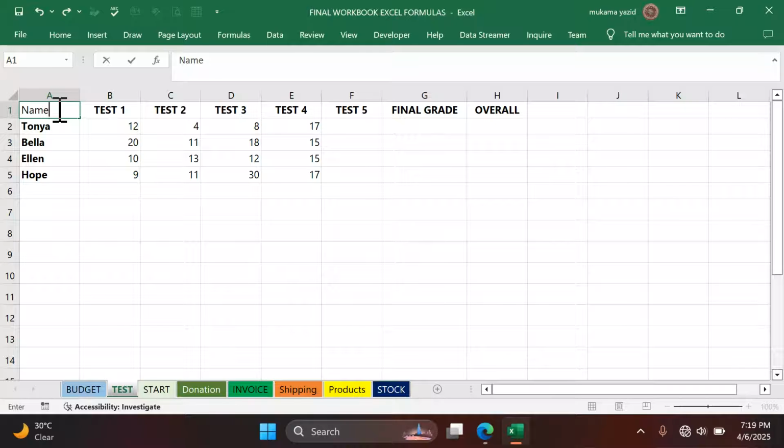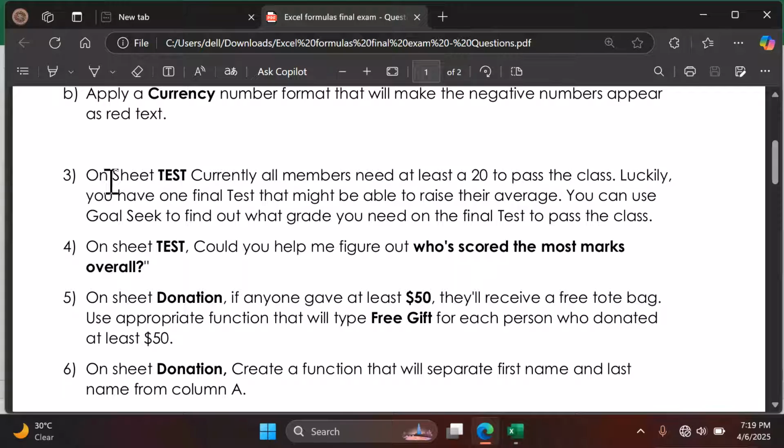Student name. So we have name. This is the first person up to Hope. So these are tests. They did test 1, test 2, up to test 5, test 4. So this question was like, if someone has to pass or to be promoted to another class, has to get